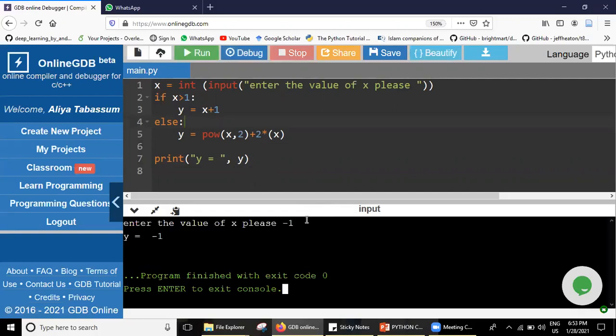Y is, no, there is some problem. No, it's correct, right? -1 whole square will be 1, plus 2 into -1, it's -2. So the answer is -1. This is correct. I think I have to finish the class now, and we'll continue it in the next class